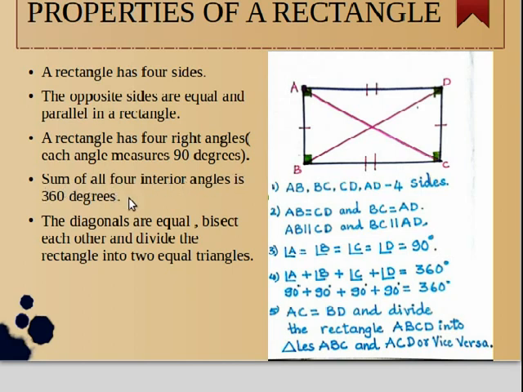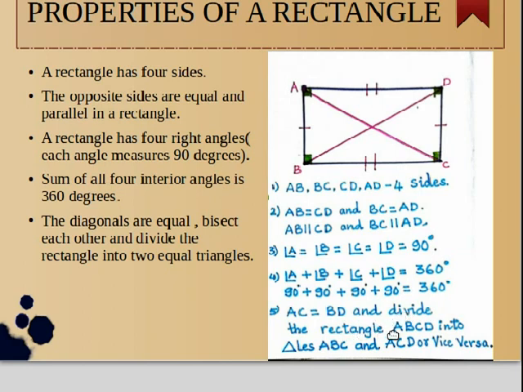Let me show you the diagonals here. AC is one diagonal and BD is another diagonal. So these diagonals are equal, that is AC is equal to BD, and these diagonals divide the given rectangle, that is ABCD, into two equal triangles, that is